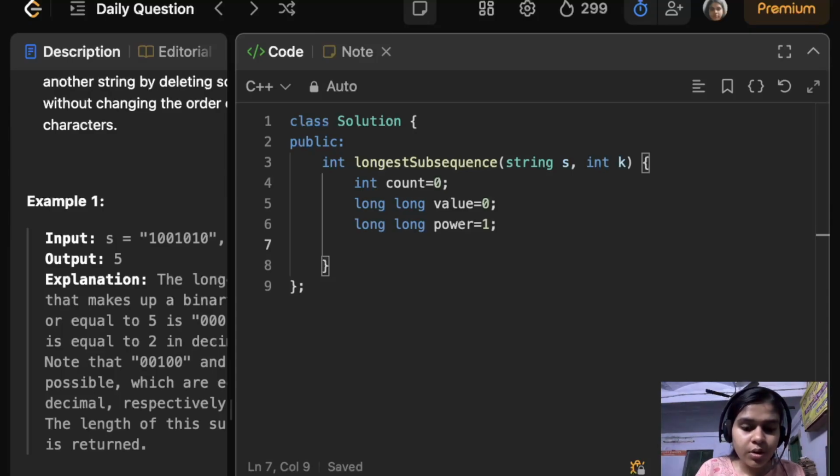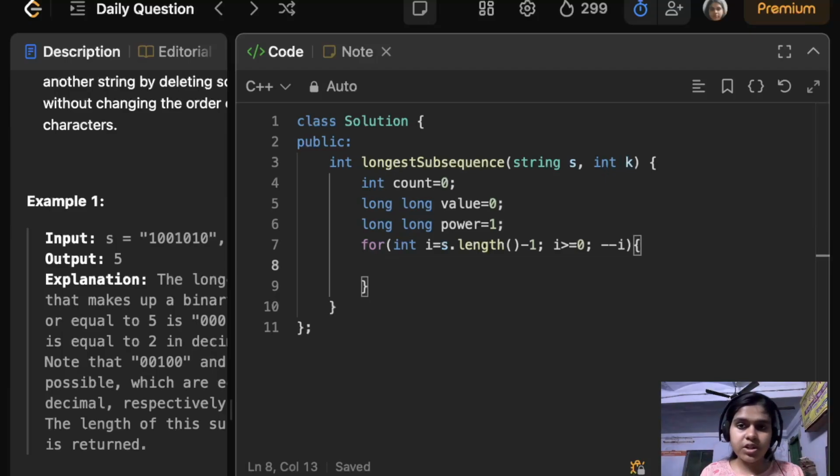For that, we can simply write a for loop where we iterate from the last character to the first character. So it will be i equals s.length minus 1, i greater than or equals 0, and minus minus i. We are iterating in the reverse direction, right?